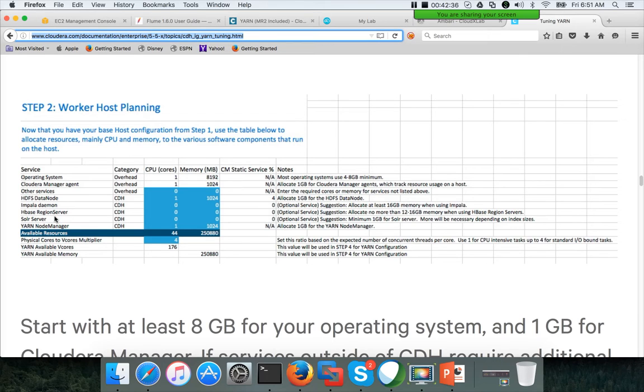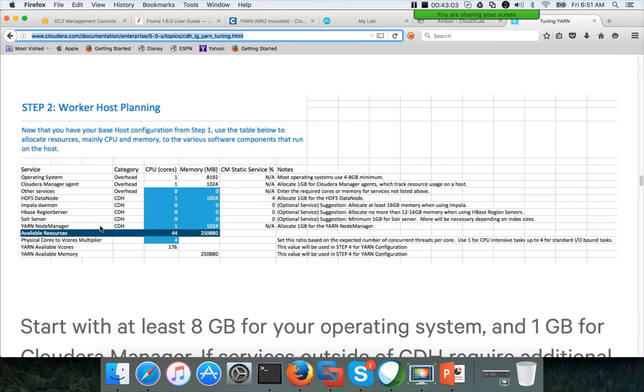If you set up HBase, a region server will be there on all the slave nodes. If you have a Solr server, a slave related to Solr will be there on all the nodes. So you have to allocate memory for all these things if you are planning to set those up also. But on a plain slate, if you just want to set up YARN, you don't need to worry much about it. And then the node manager itself takes memory.